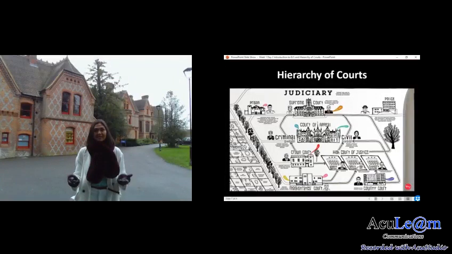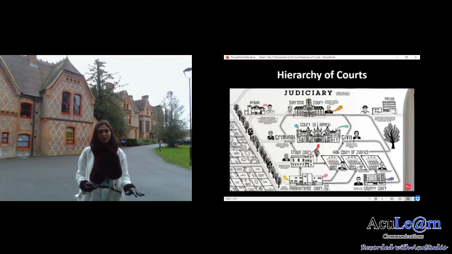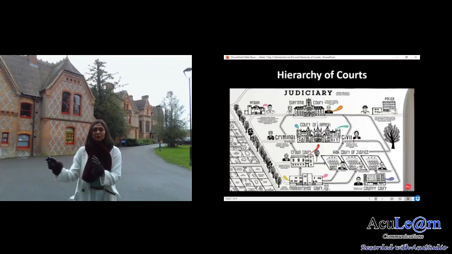This is the example of the hierarchy of courts itself, where the Supreme Court is the highest court, and then you have the other courts which need to adhere to the decisions made by the Supreme Court. You have magistrates' courts as the lowest one, and to deal with criminal matters, it goes to Crown Court, whereas civil matters will go to Civil Court. If parties want to appeal, they can go to High Court,